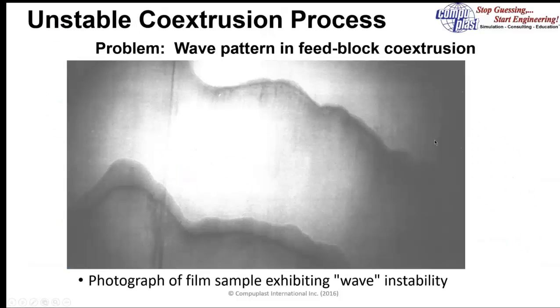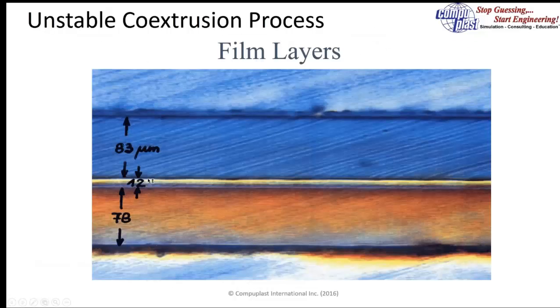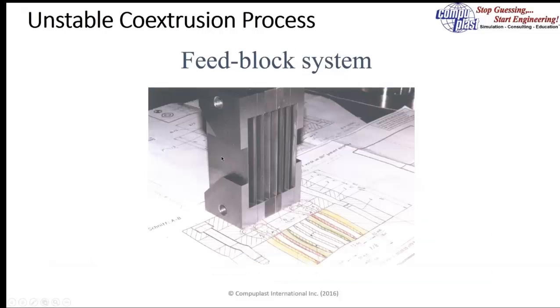And finally, the last topic that I'd like to discuss is coextrusion and coextrusion instabilities. This is an image of a wave pattern in a sheet, and this pattern was observed in a 3-layer sheet which had 2 thick layers and a middle thin layer. The customer contacted us and asked us to evaluate it. This flat sheet is produced using a feed block. We asked them to send us the design of the feed block, and we analyzed a cross-section using a 2D